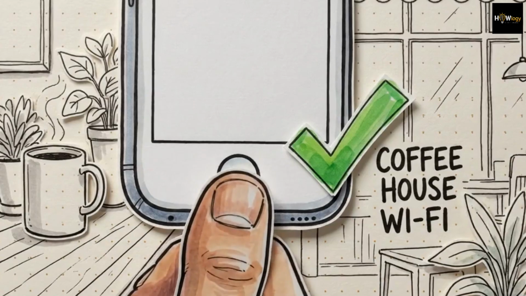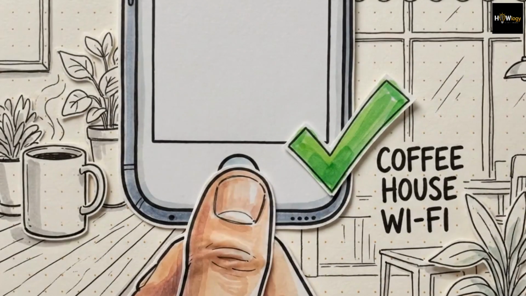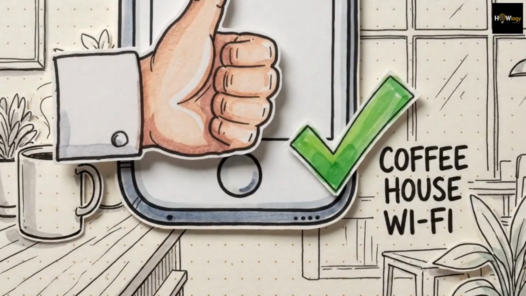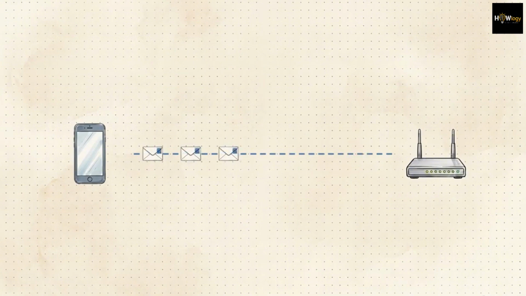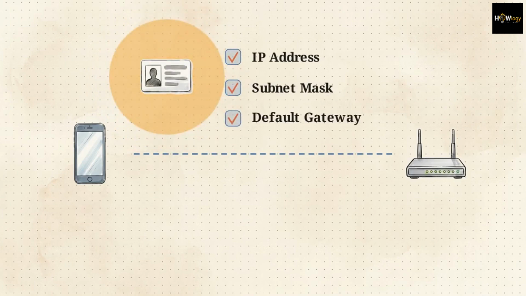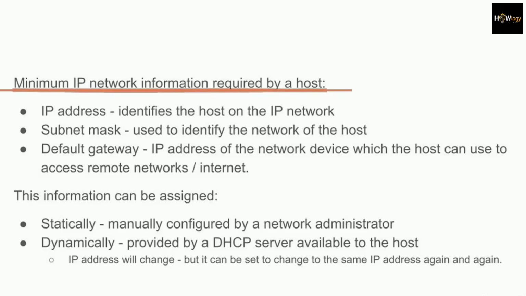You walk into a coffee shop, pull out your phone, and tap the Wi-Fi network. The little checkmark instantly pops up, and you're online. It feels instantaneous, but your phone can't actually communicate on that local network until it has been assigned a specific, unique digital identity. Looking at this technical breakdown, a host device requires 3 absolute minimum pieces of information: an IP